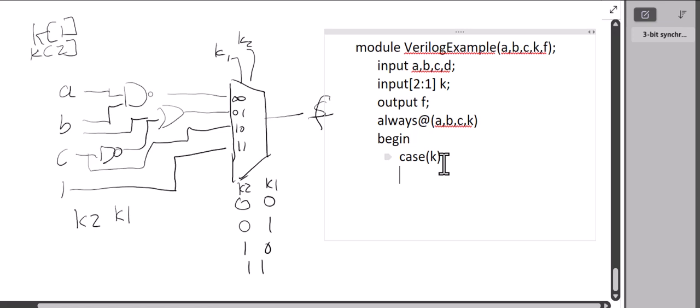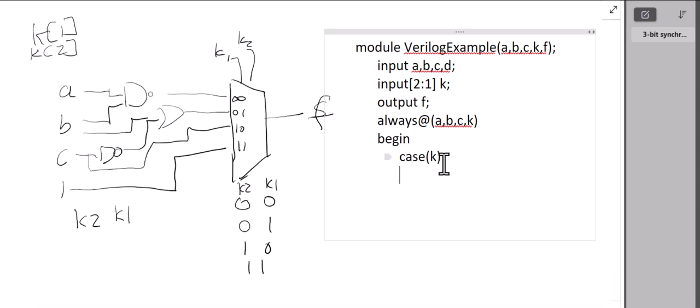To say that it's a binary number, I use the letter B, and to say that it's 2 bits wide, I do 2 apostrophe B 0 0. So that means if K1 is 0 and K2 is 0, then